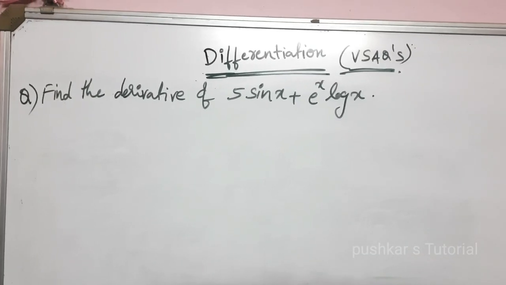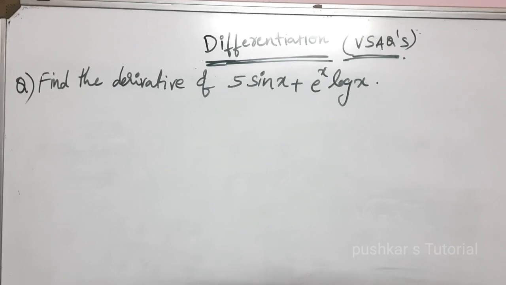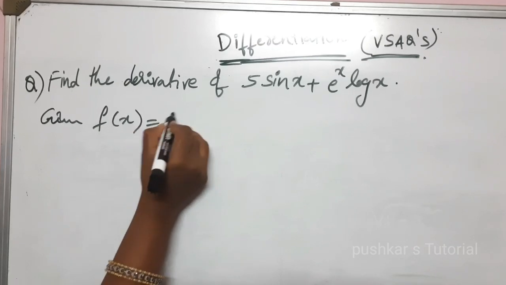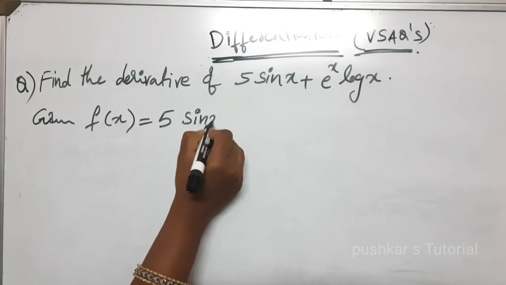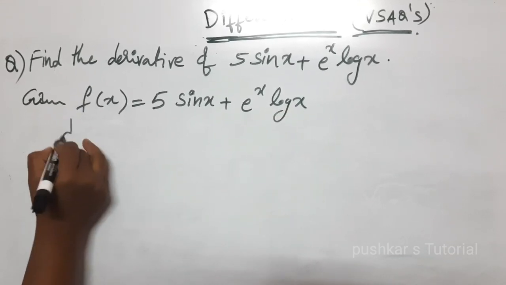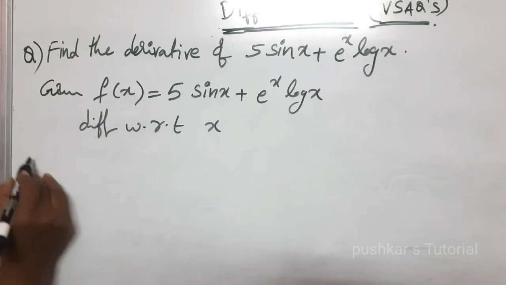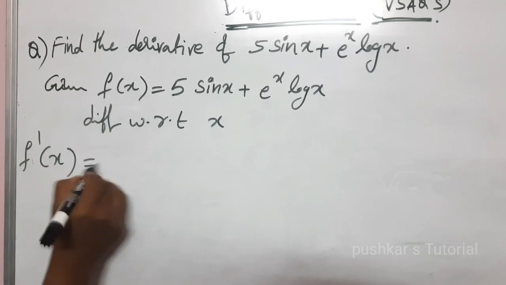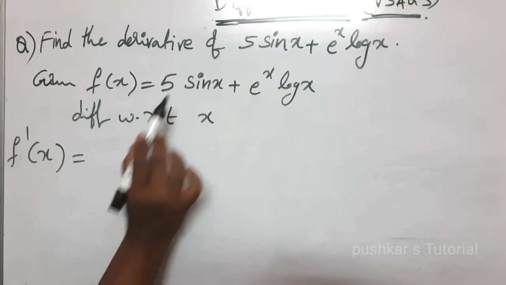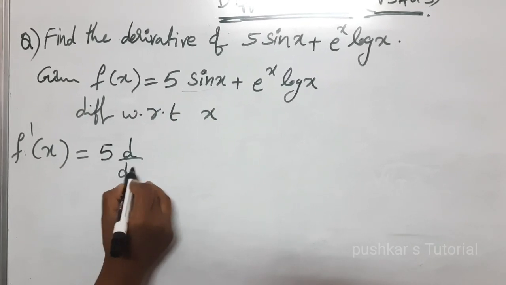Find the derivative of 5 sin x plus e power x log x. So I am taking the given f of x as 5 sin x plus e power x log x. Differentiating with respect to x, f dash of x is equal to, now you have observed 5 is a constant, sin x is a variable, only one variable. So 5 as it is, only d by dx of sin x